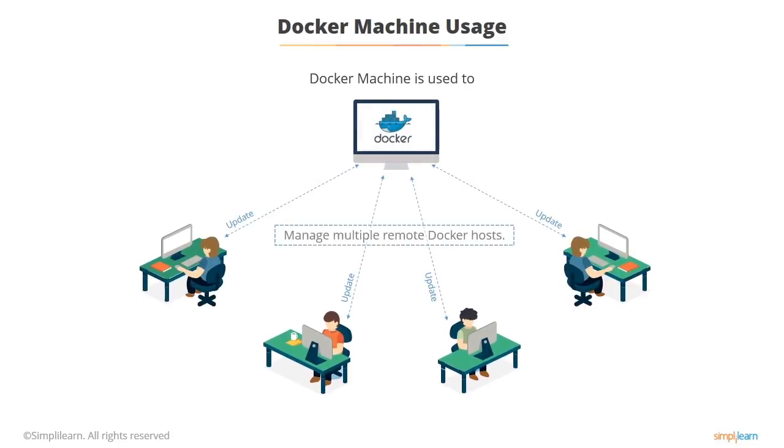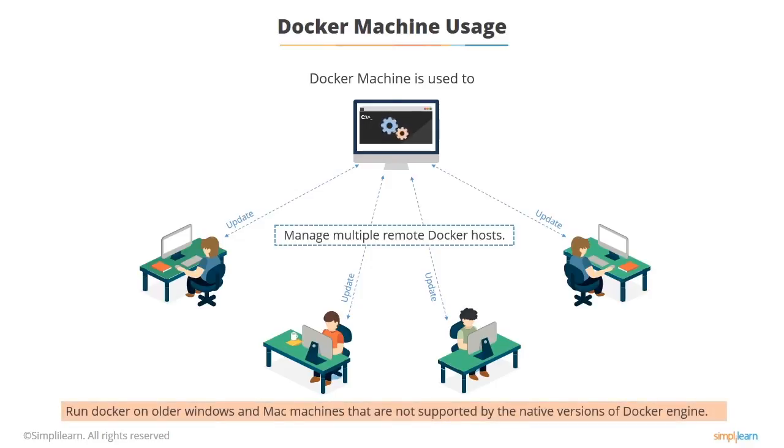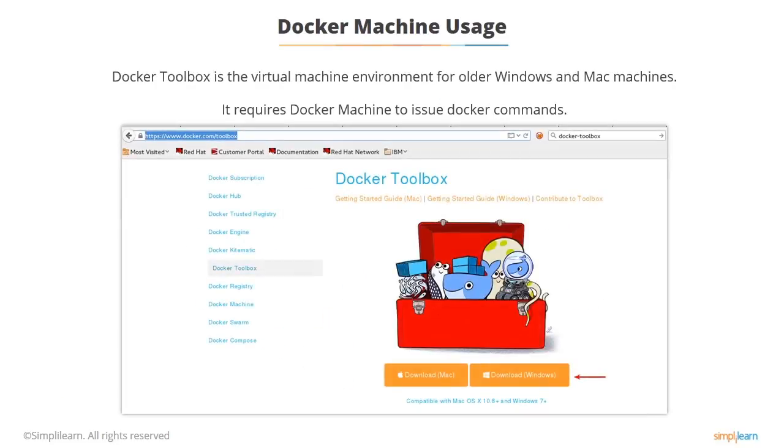So why would you use Docker machine? Well, basically to manage remote Docker hosts. So literally you could install and update and run Docker and manage it on a remote computer from your Docker machine host. On older versions, if you use the Docker Toolbox, which used to be used for Windows and Mac, and for unsupported versions of Linux, then you actually use Docker machine to manage the Docker engine within the container. So Docker Toolbox basically requires Docker machine to issue the commands to the machine. It's the only way you can manage a remote thing, and a virtual machine is a remote instance.